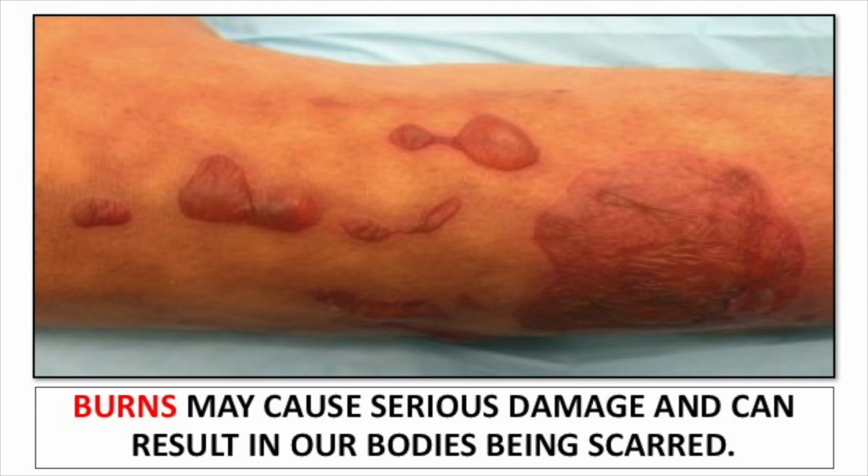Yes, you could be like that for the rest of your life. If you get a serious burn, that's how your skin could look for the rest of your life. You can see when your bodies get scarred, it stays with you forever. And burns can do that. And there's another type of burn,